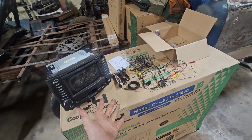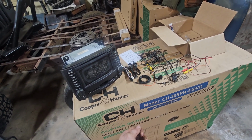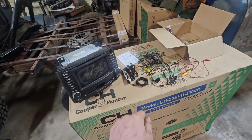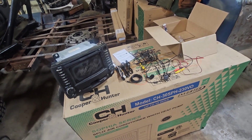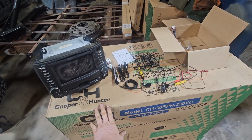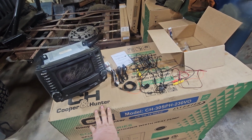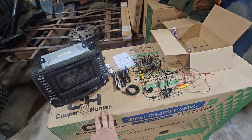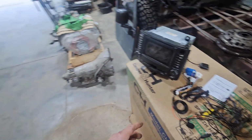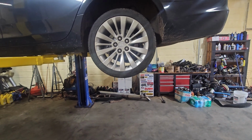It says 1,200 shift cycles to break in the clutch. So every time I make a shift, I've got a piece of paper in the car, and I put a mark at how many shifts I've made, so I can try to get to 1,200, and then it'll be broken in. So probably in about 10 years, I'll have the clutch broke in and be able to go wide open throttle on it. But anyway, going to try to get this thing back together, and hopefully it works,